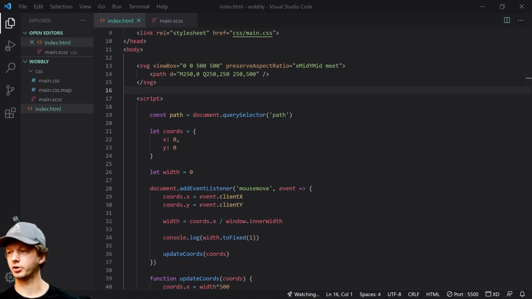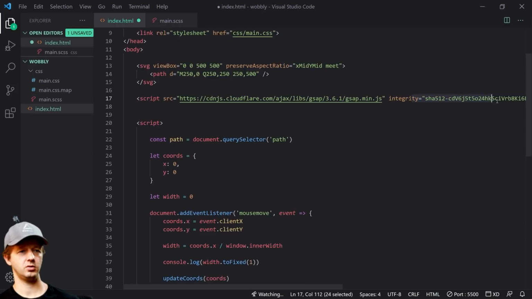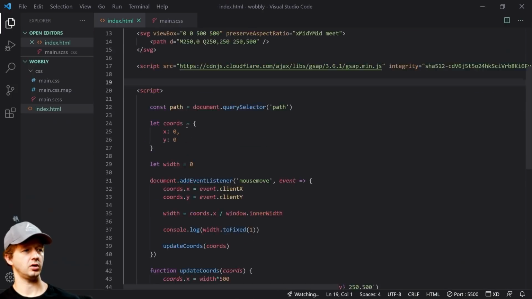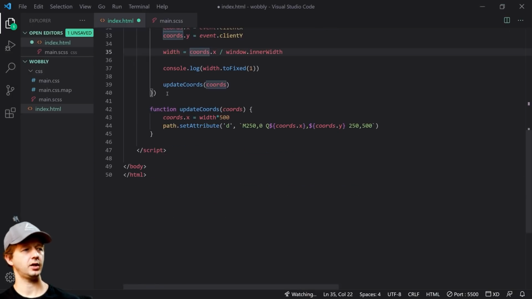So go to Google, type in GSAP 3 CDN, copy the top one that shows up, and that is right here. So now what we'll do is we're going to add a document